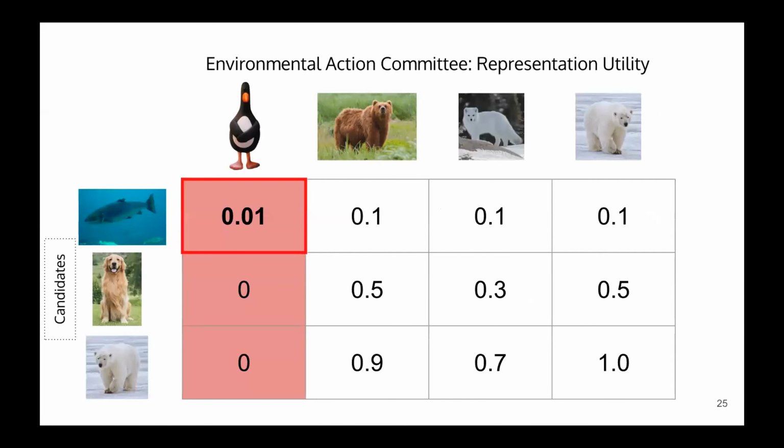So here's an example. Let's say now we have one very unhappy penguin in our example. For all the candidates, this penguin feels not very well represented. But if it is slightly better on one candidate, such that for all the other subgroups, they're not represented well, this unhappy penguin can determine unilaterally which solution is